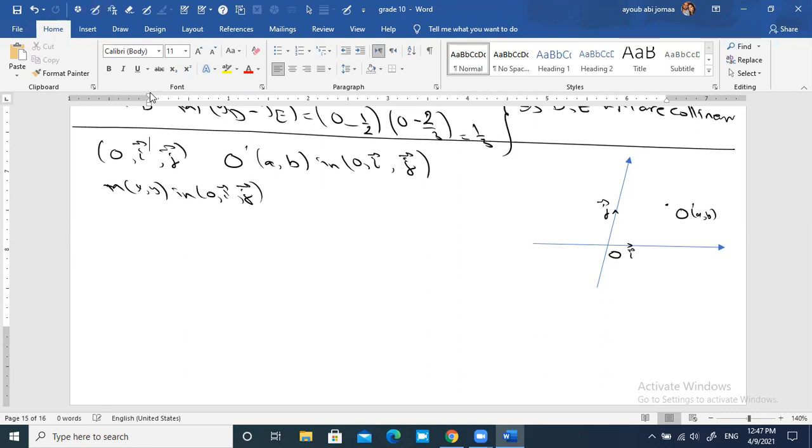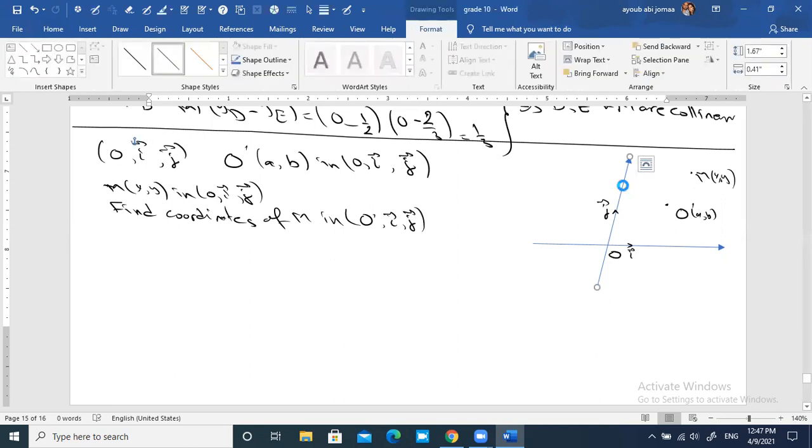if you have coordinates of M as any point in the system OIJ, so let's say here is point M, XY. And now the question, I have to find the coordinates of M in the new system O prime IJ. If you consider this system,